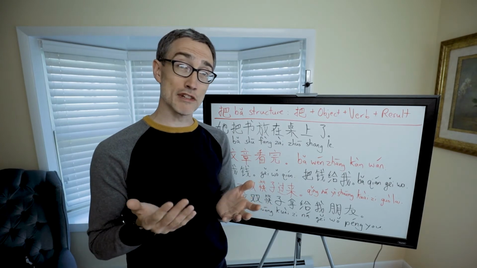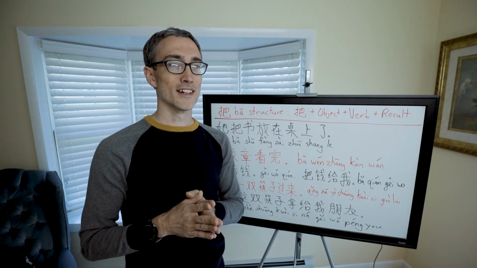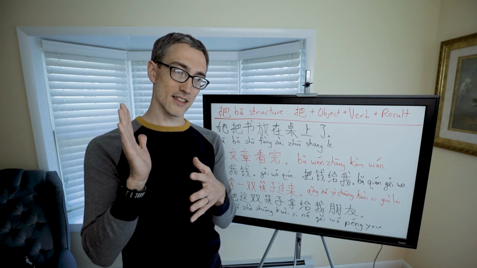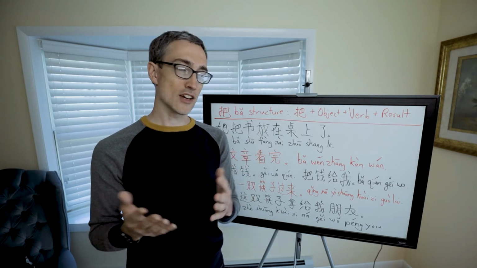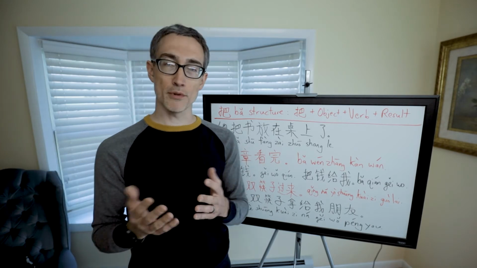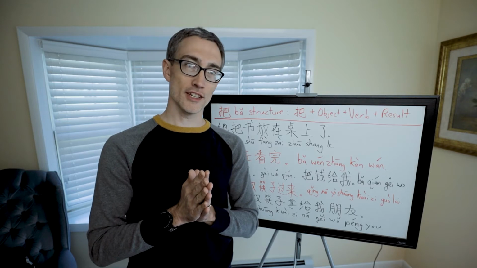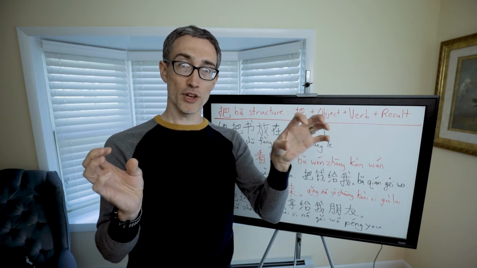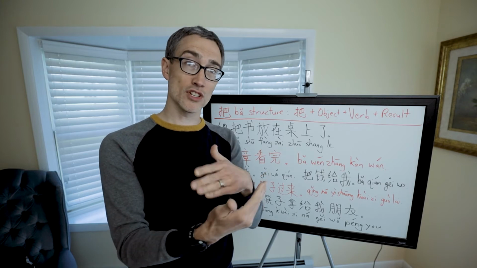Sometimes it's actually just a reduplicated verb that comes after it. Remember when we talked about 看看书? So 看看 is a verb that's reduplicated to make the feeling lighter and more casual, or maybe it's a short period of time. And so you could say, for example, 把衣服洗洗. That means 把 clothing wash. So the thing that came after the verb was just